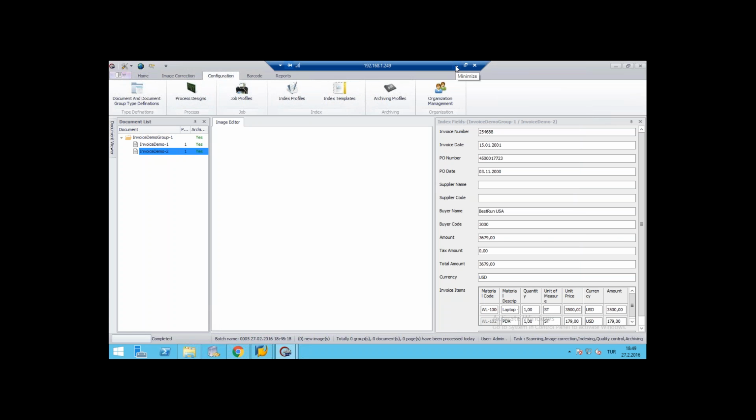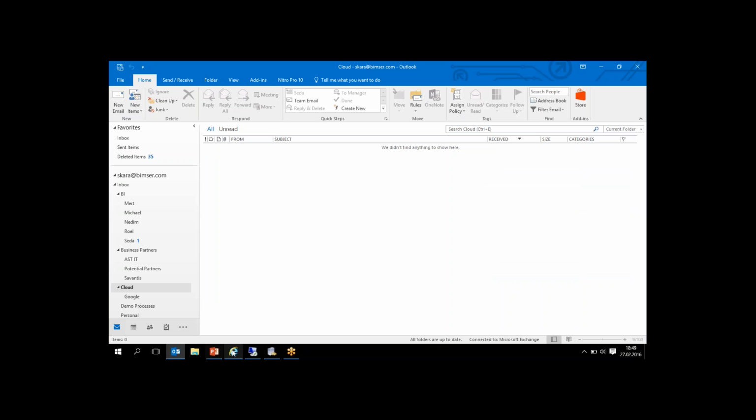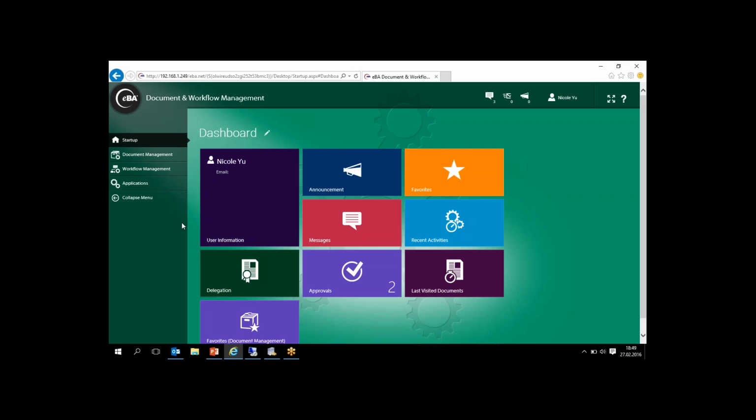Now the invoice processes are started automatically. Let's see that process in the web interface. In this scenario, the unmatched invoice process will be routed to the accounting user, and Nicole is the accounting user, and we will review this process with this user, and this is the end user interface of eBA,